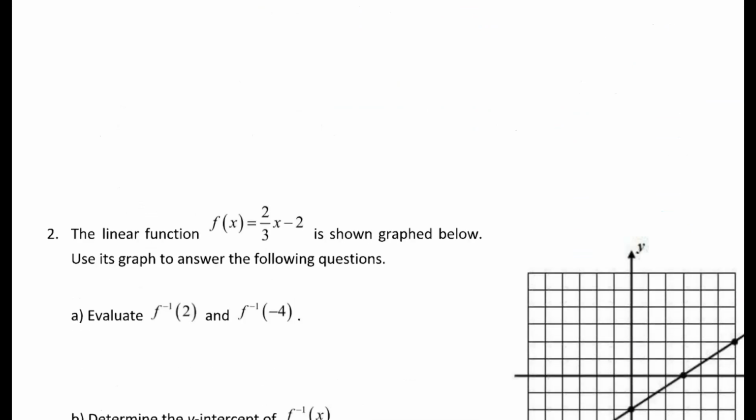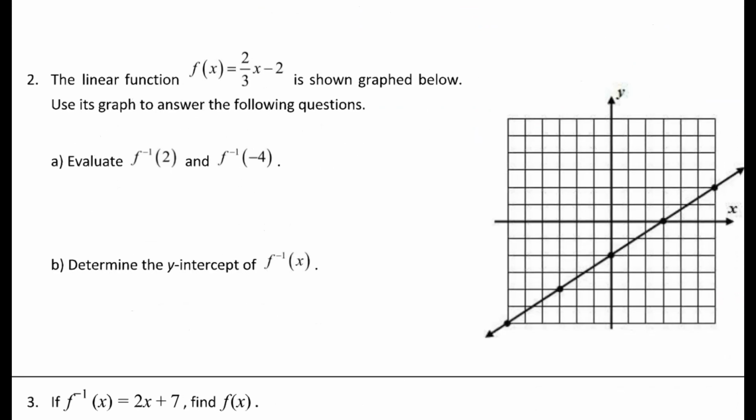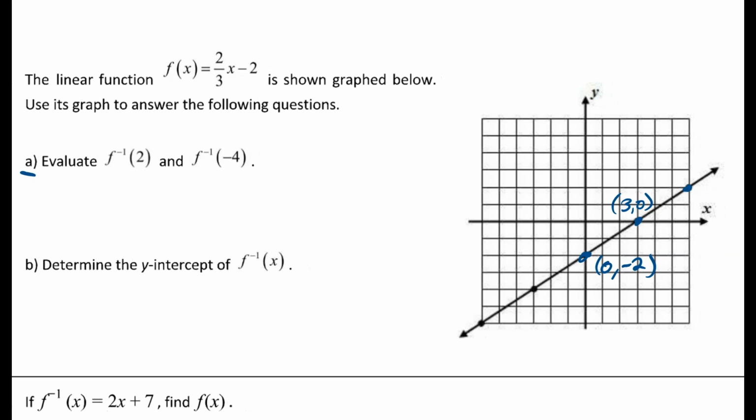Let's try a couple of examples. So let's say I've got this linear function right here, right? It's got a slope of 2/3 and it's got a y-intercept of negative 2. And it wants me to evaluate a couple of inputs and outputs for the inverse function. So let's just look at a couple points on this graph. I've got a y-intercept here at (0, negative 2). I've got an x-intercept here at (3, 0). And I've got that point over there. Let's see, what would that be? 1, 2, 3, 4, 5, 6, so (6, 2). That's just to look at a couple points, and maybe this one down here,